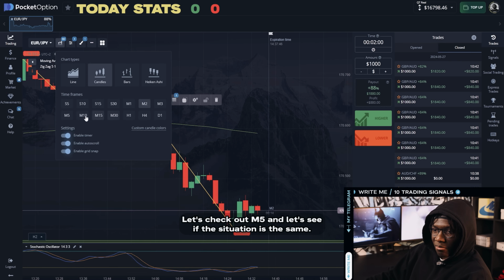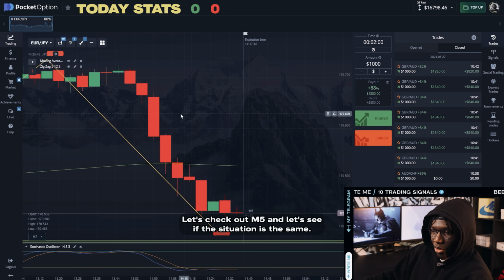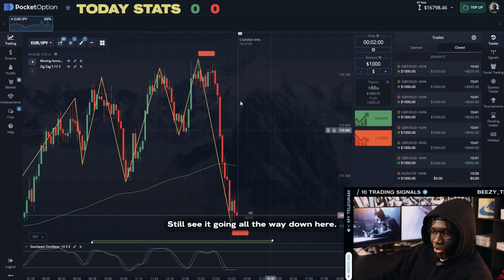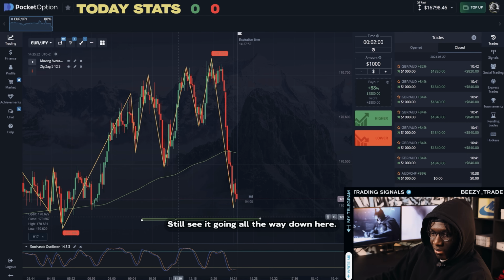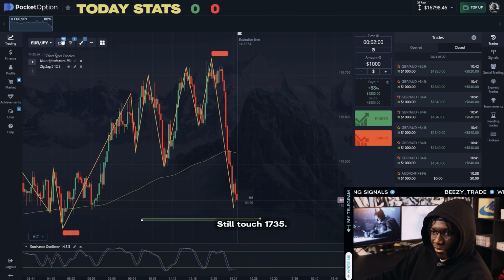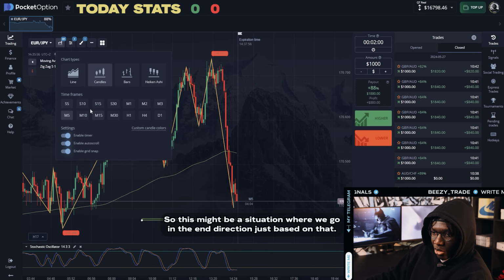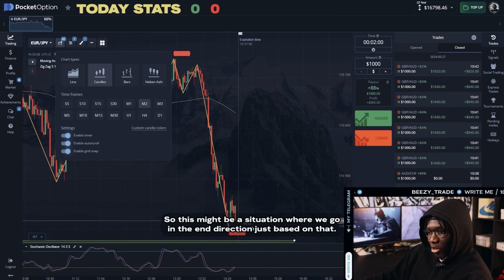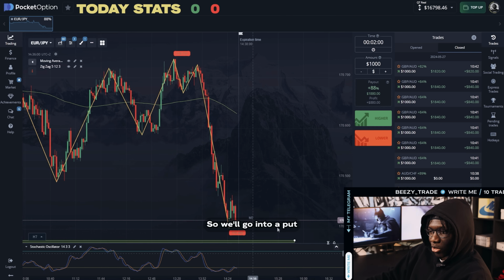Let's check out M5 and let's see if the situation is the same. Still see it going all the way down here. Still hasn't touched 173.5. So this might be a situation where we go in the other direction just based on that. So we'll go into a put